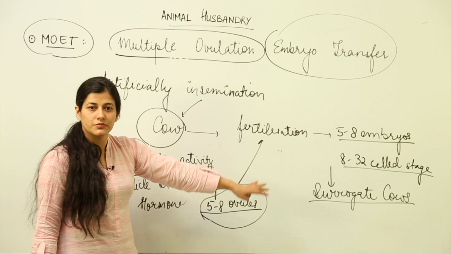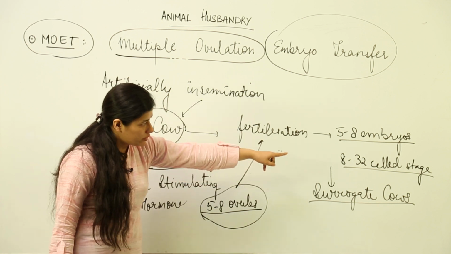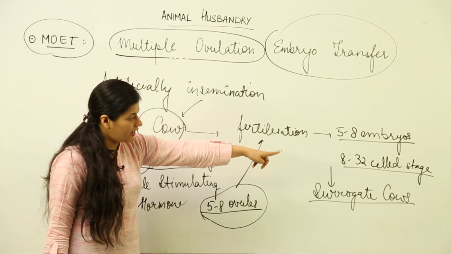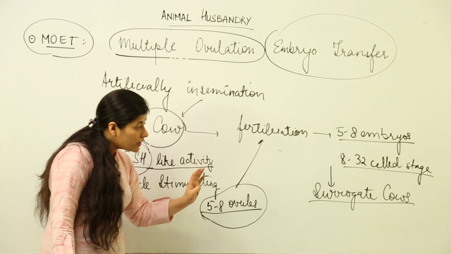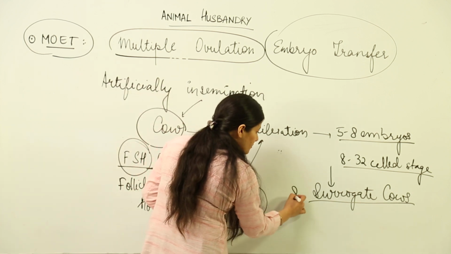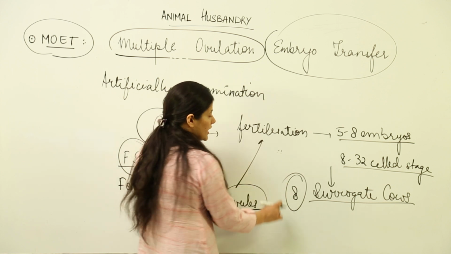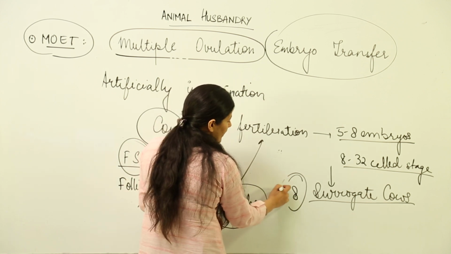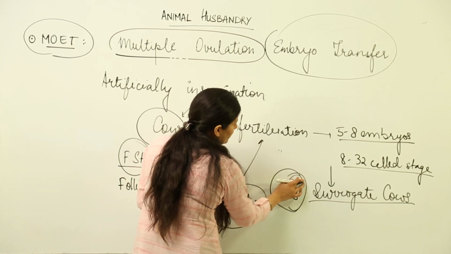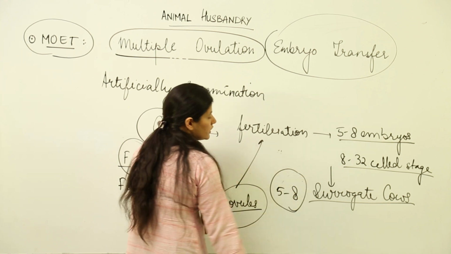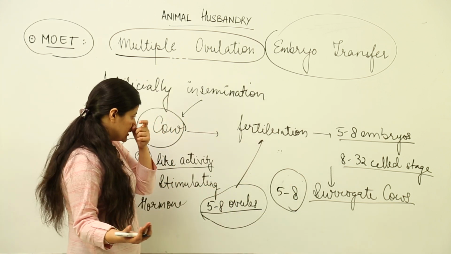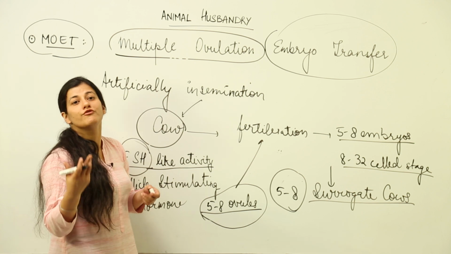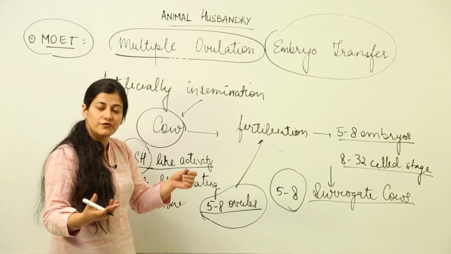The surrogate cows would be impregnated using those embryos extracted at the 8 to 32 cell stage, and you are going to get 5 to 8 cows impregnated in one go. When the cow is impregnated it is going to deliver a calf, and what is it going to result in? It is going to result in production of milk,